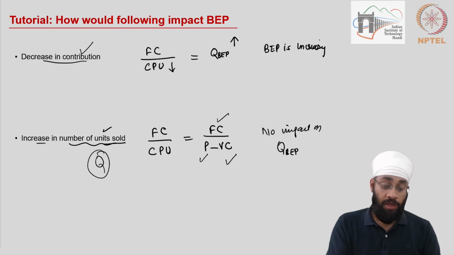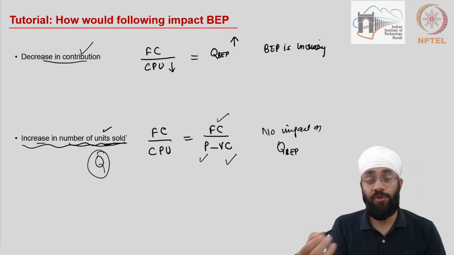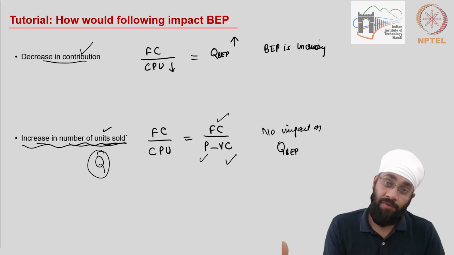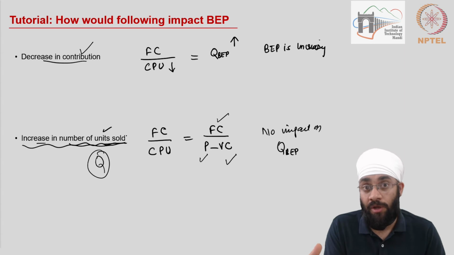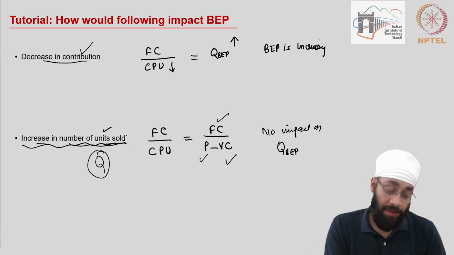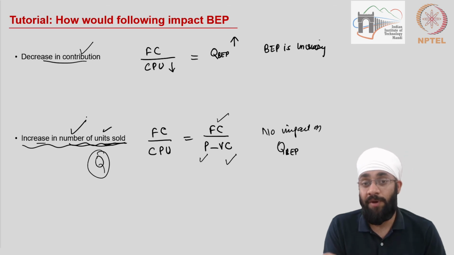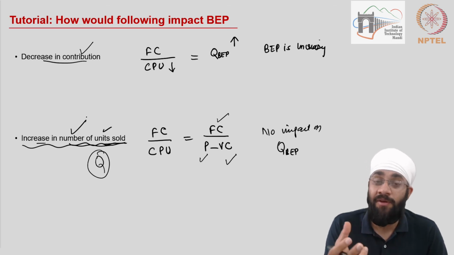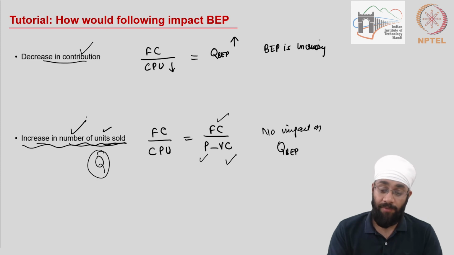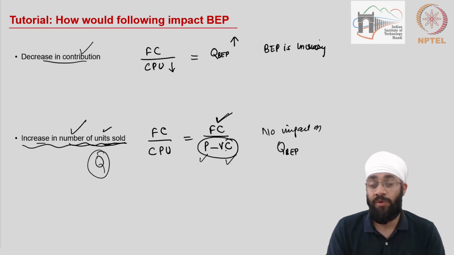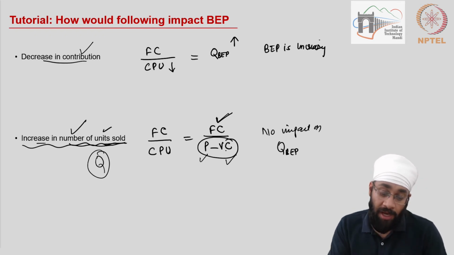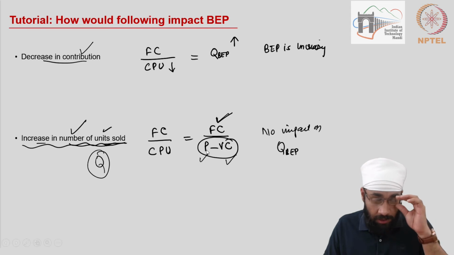All right. Now, increase in number of units sold, of course, is going to increase the profit that you will make, and also going to bring the break-even point closer. It is helping you. Increasing the sales will help you achieve the break-even point, but will it affect the break-even point? No. What is going to affect the break-even point is the amount of fixed cost to be recovered and the contribution available per unit to recover that fixed cost. So I hope you see the difference between these two.